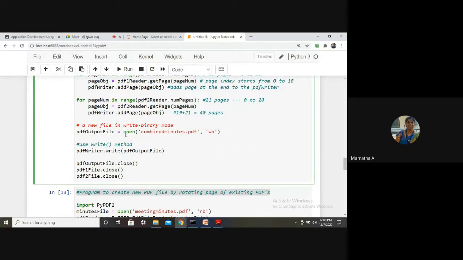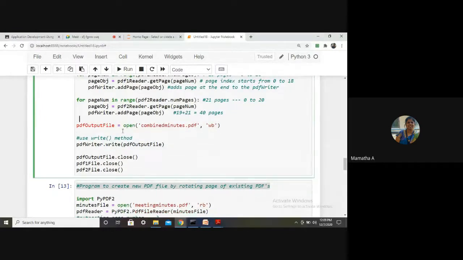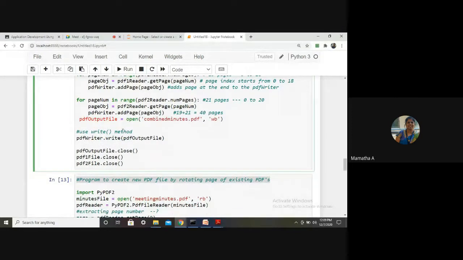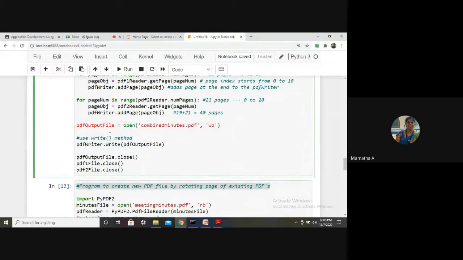Anyways, it will create the file in write binary mode, then write whatever is present in PDF writer to the PDF output file using the write method.